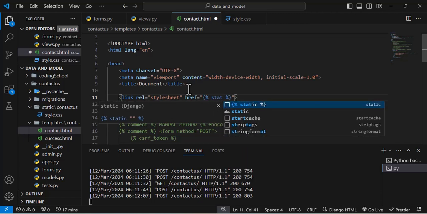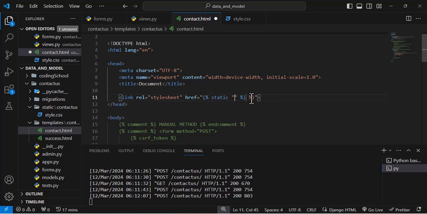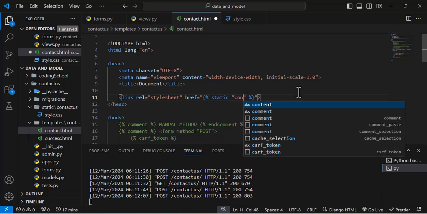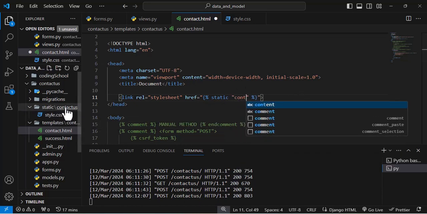And I'm going to say static. Yeah, so just delete this. Now all this intelligence I have is because I have the Django extension installed. So I am going to now define it as, of course you can see that I have a static folder, and